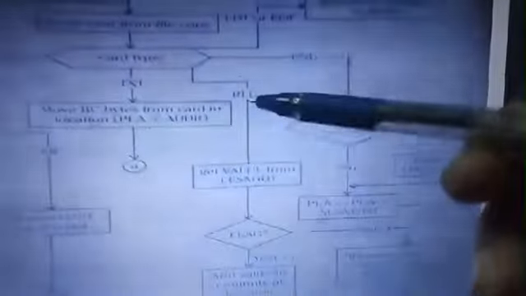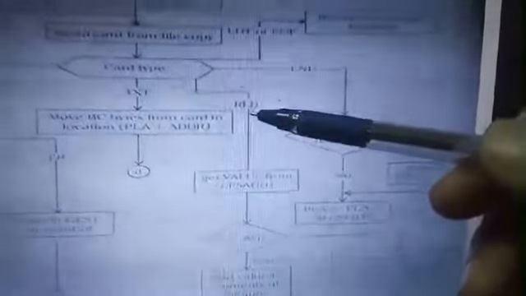Clear. Then if it is a text, it was not processed in pass 1, so it needs pass 2. In pass 2, the PAL address is added with the relative address. If it is RLD, it is also not processed in pass 1, so in pass 2 it should be processed. It needs to check with the ESA ID. If it is a match, then you need to check the flag whether to add the value or subtract the value. Clear. After that, you need to go back again to the reader text.